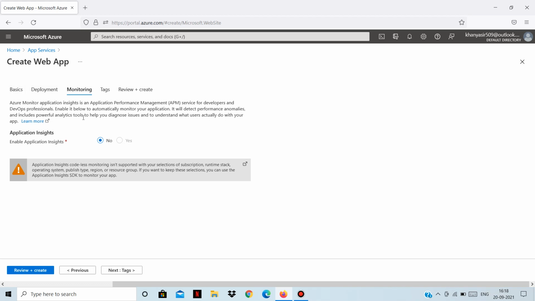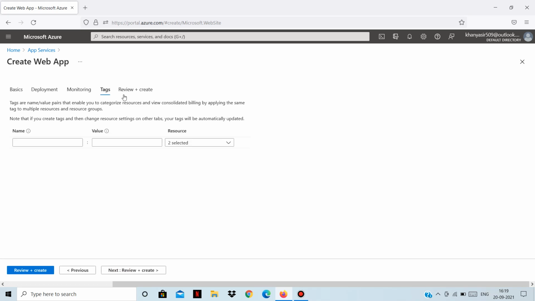So it's an analytics and insight service. It will help you understand what your users actually do with your application, which web pages they visit, which they don't. So you can either choose to enable or disable. Right now application insights is not supported with my subscription or the runtime stack.